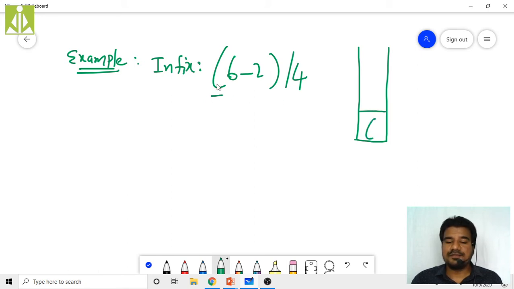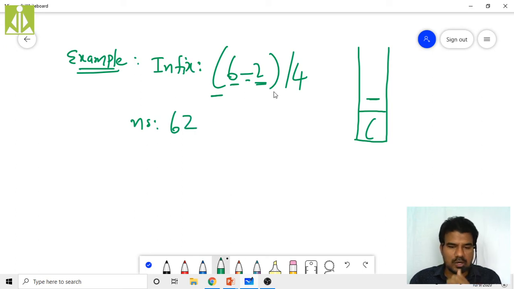Then we have 6 operand, add it to the output string. 6, then minus operator. As you have the opening bracket, push the operator to the stack, minus. Then we have 2 operand, add it to the output string. So 2 will come over here.